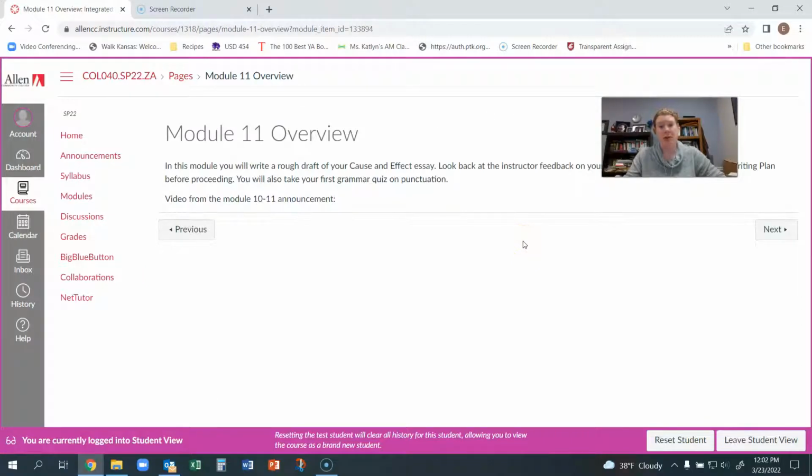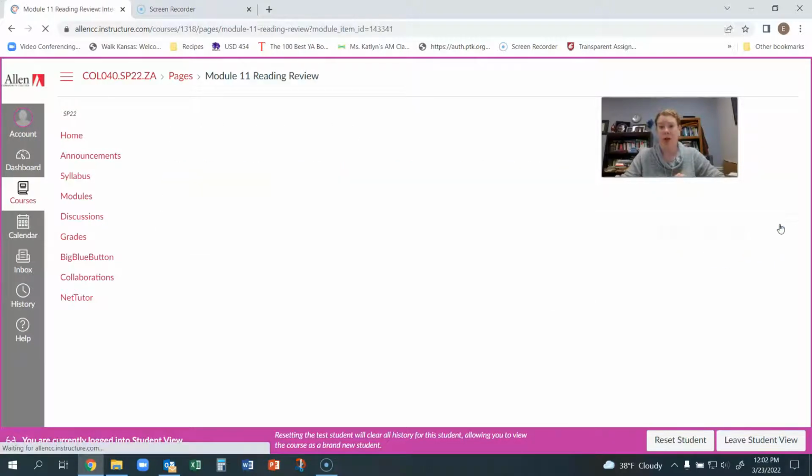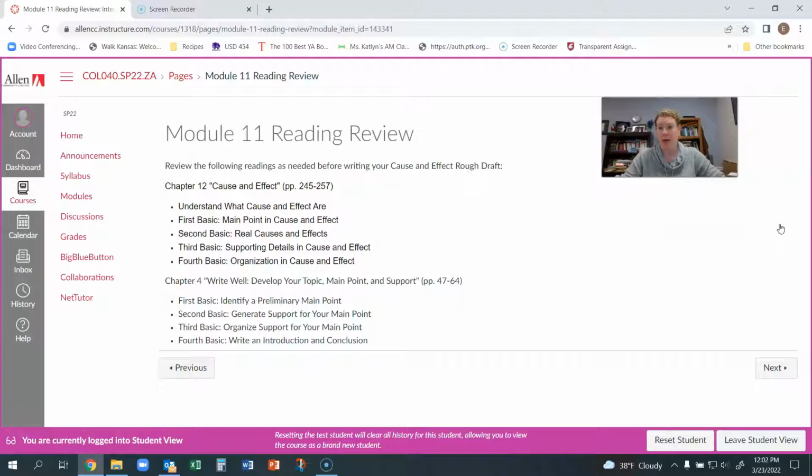So the next module then is where you're actually writing your rough draft. So we start with a plan. Obviously you want to get feedback. I try to give feedback on these kinds of assignments within the first couple of days of the next week. Sometimes I get a little behind though, but once you have your plan ready, then you can start on your